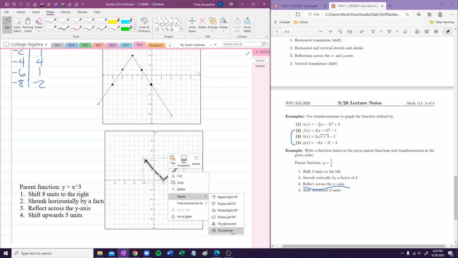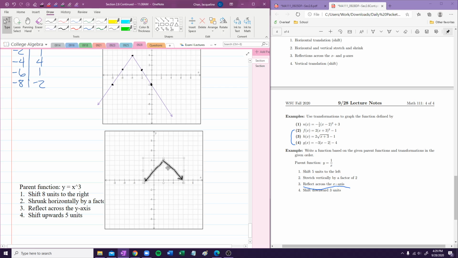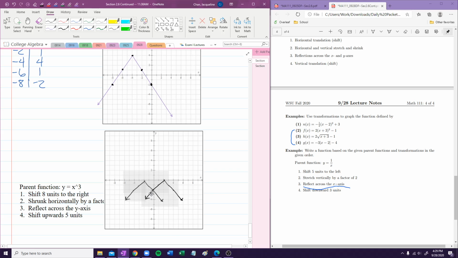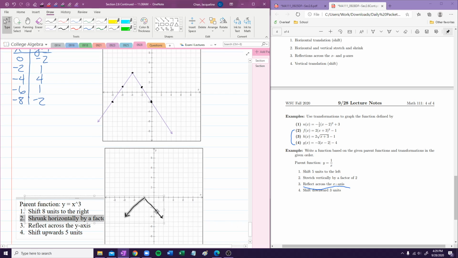Okay, and then what we did is we flipped it vertically. When you do that, it goes like this. And then we flipped it horizontally. And when you do that, it's like right here. And then lastly, what you do,